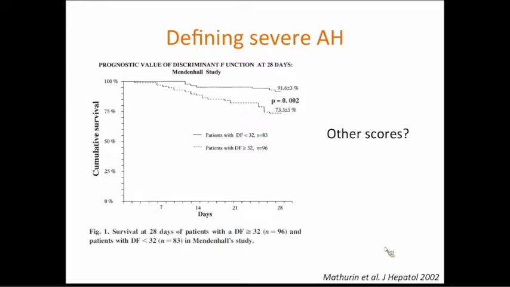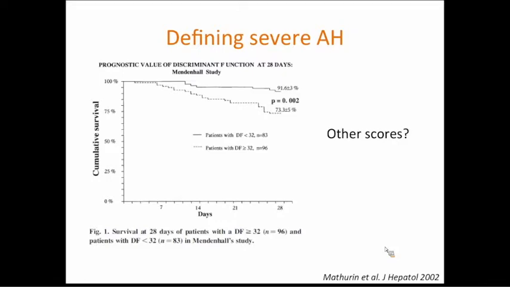So once you have diagnosed alcoholic hepatitis, it's crucial to evaluate its severity, because patients who have severe alcoholic hepatitis require specific treatment, whereas patients who have non-severe alcoholic hepatitis only need, let's say, addiction support and alcohol cessation. I will be brief on the Maddrey story, but that's one of the most important steps in the field of alcoholic hepatitis. The score was developed